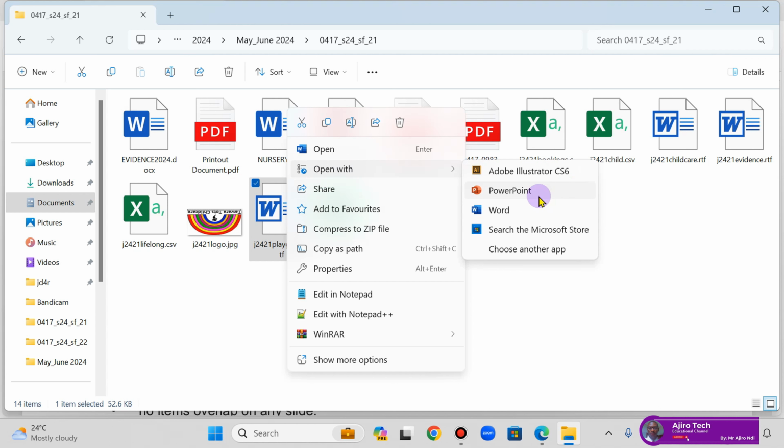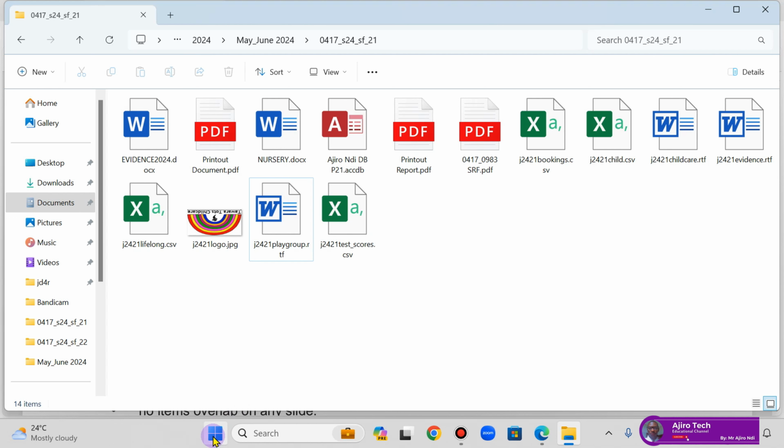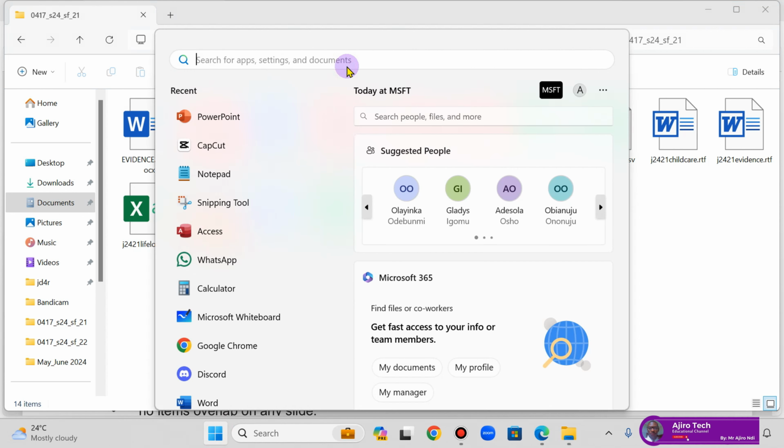Now, if you don't have this feature open with PowerPoint, please check my videos on presentations for 2023, and I give the steps. The detailed step-by-step process on how you can actually have this feature PowerPoint that you can actually open with, which makes it a whole lot easier for you. But because most learners watching this video might not be able to have this, I'm going to go the long route. So I'll click on the Windows icon and I'll open the PowerPoint,